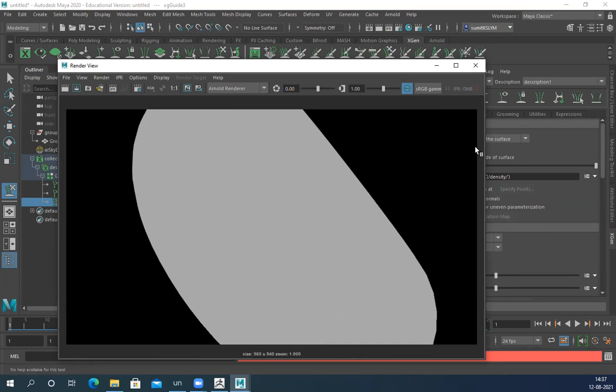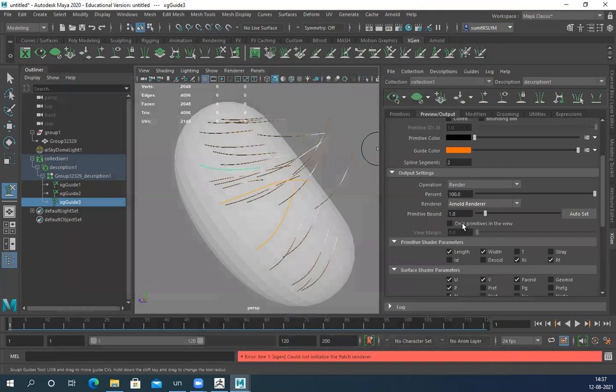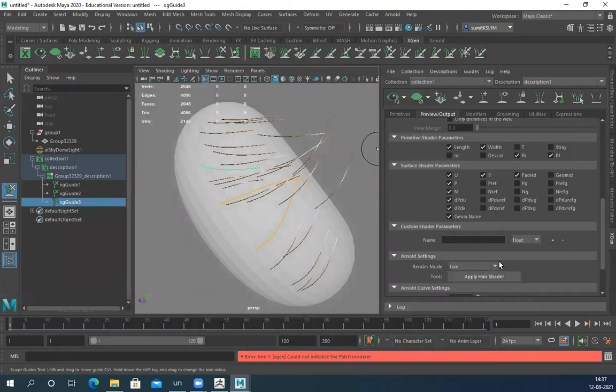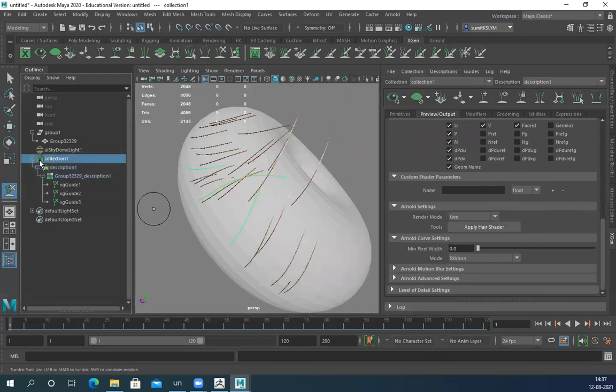No. Again, render is not connected. Where, I can see clearly it's there.